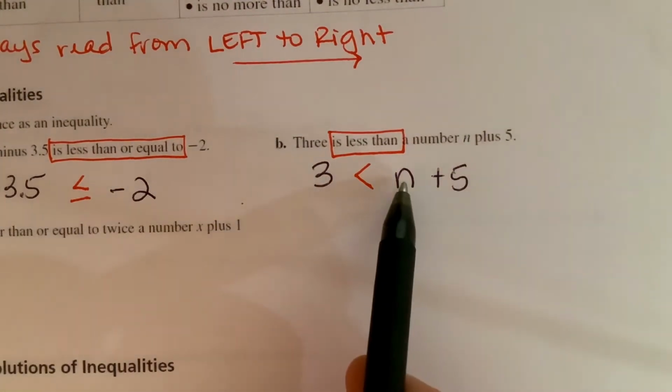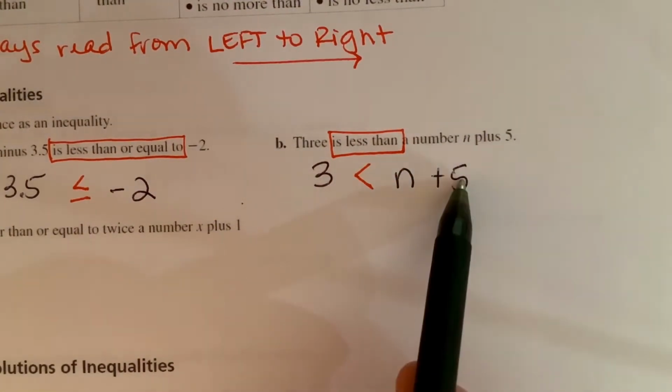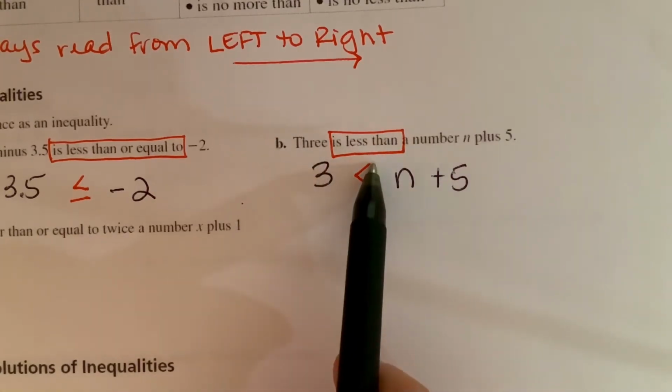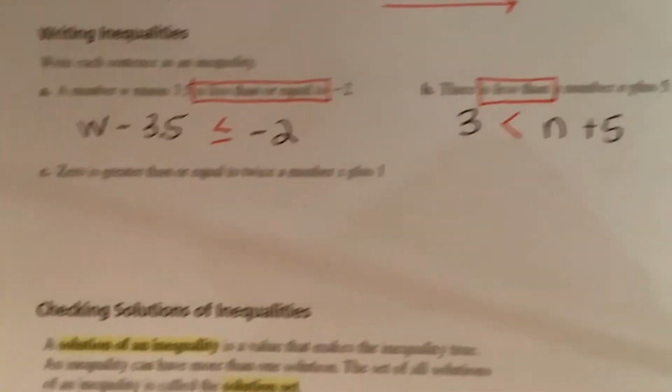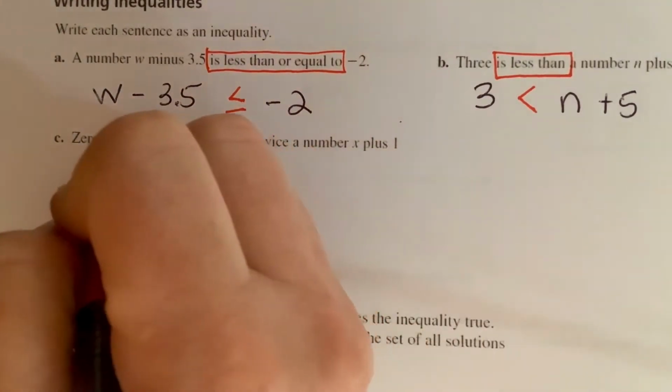So whatever n is, when we add it to 5, this whole thing is going to be bigger than 3. 3 is less than whatever this value will be. Okay, and then part C here, 0 is greater than or equal to twice a number x plus 1. So 0 is greater than or equal to,